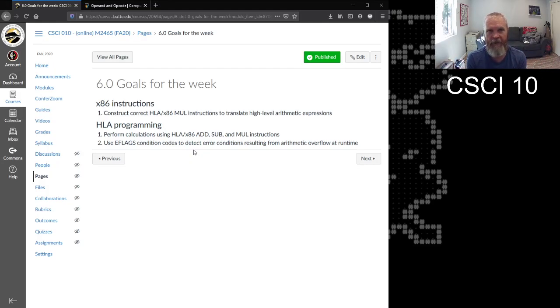Adding two 8-bit numbers, for example, the result is not guaranteed to fit in an 8-bit register. So we'll use EFLAGS and condition codes to detect when errors happen. And then I'll point out where you have opportunities to get a feel for this by running the program you create this week and punching in numbers purposely to cause errors to happen and observe the errors happening. Okay, those are the goals.